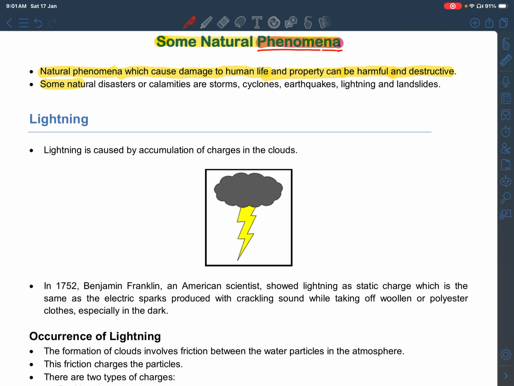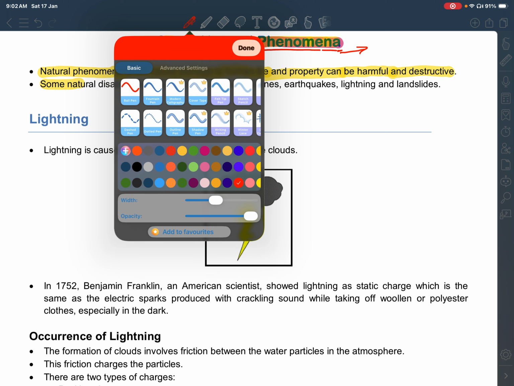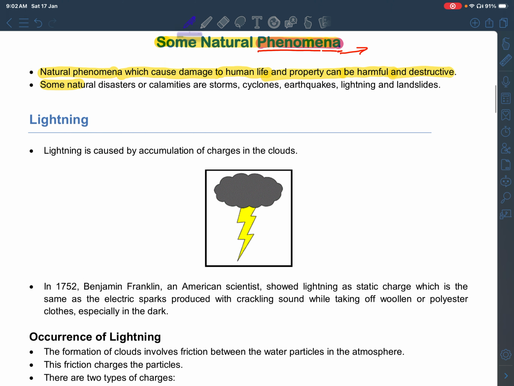Now today we are going to start the new chapter, that is some natural phenomena. Actually the word phenomena means something naturally happening. It means done by the nature. So now let's read. Let's start. Okay. So natural phenomena